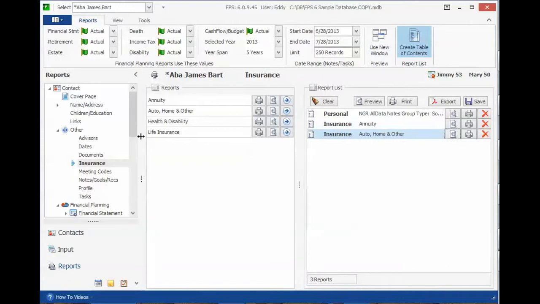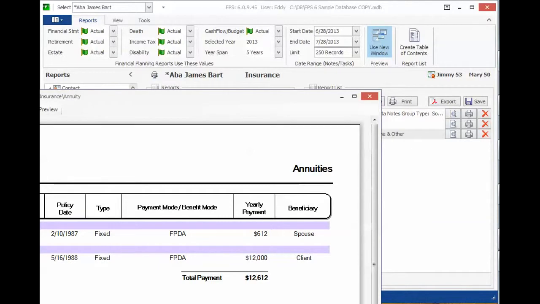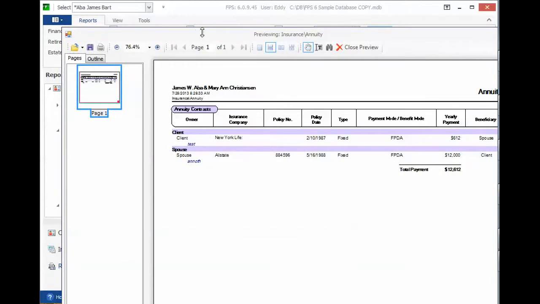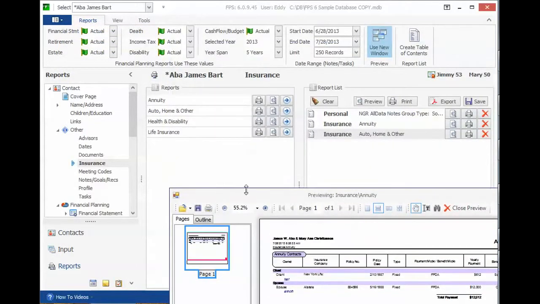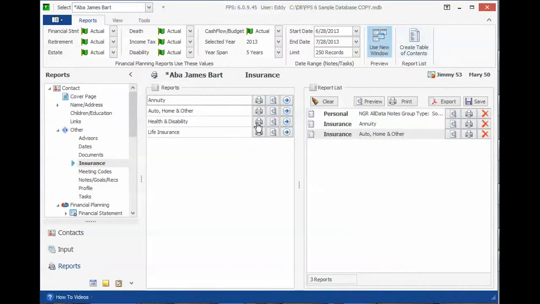Another thing about this, when you click Use New Window, let's turn off this, and that affects anytime you're previewing. It will actually load it into a different window. This one's going in full screen, that's why you don't see it. But it allows you to create several reports. So you can minimize this now. It goes into your taskbar, and you can,